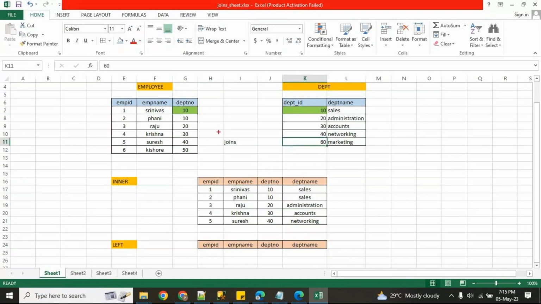Yes, this is matched with this one, so you will get this data. This 10, because the employee table department number is matched. We have to check. So this 10 is matched with this one, so here you will get like this.